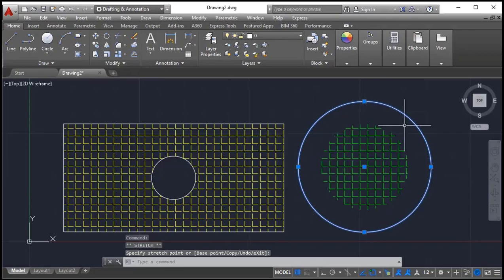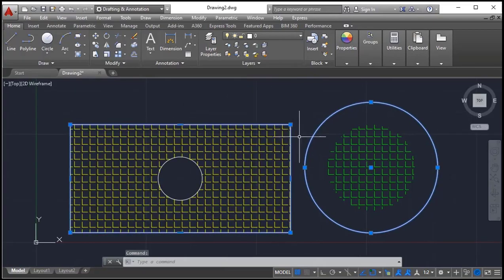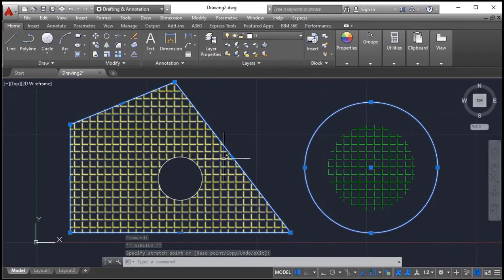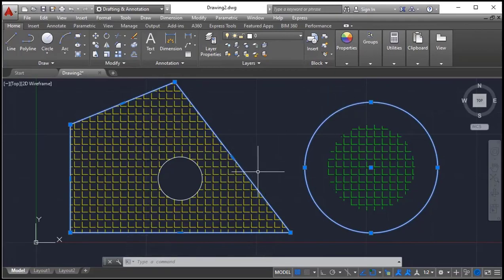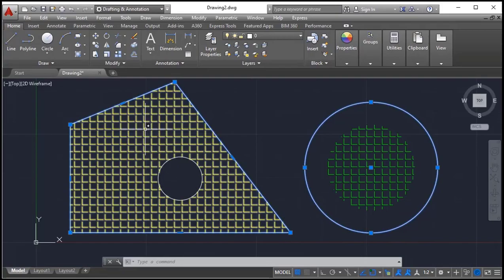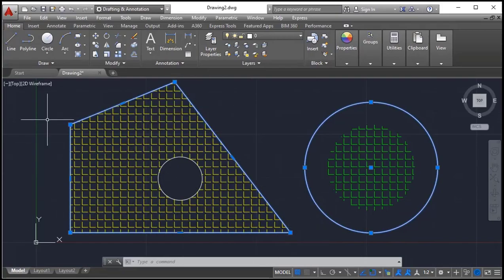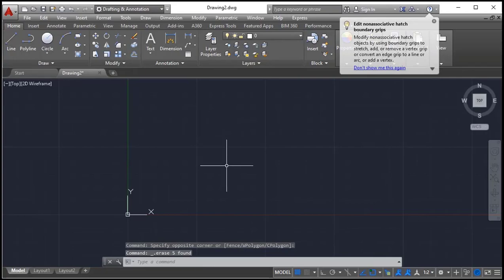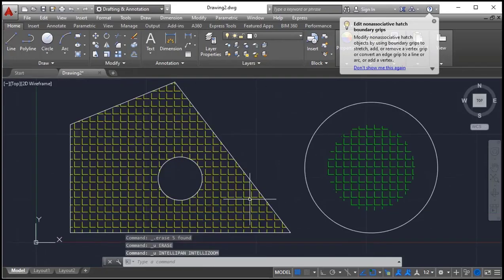There is no change in the hatch pattern, it is showing empty. The hatch is applied only up to the previous boundary. Suppose I select this rectangle and change its shape like this. See, I have changed the boundary and the hatch is following the boundary. Now you observe the difference between associative and non-associative. Associative follows the boundary and adjusts accordingly. Non-associative doesn't adjust accordingly. So this is the difference between associative and non-associative.